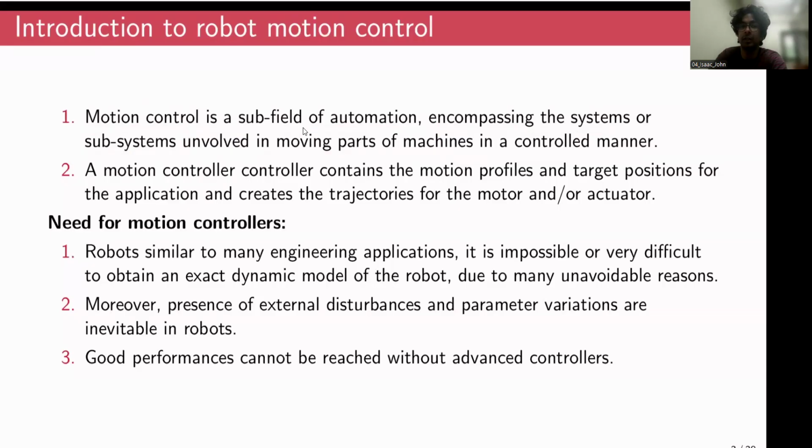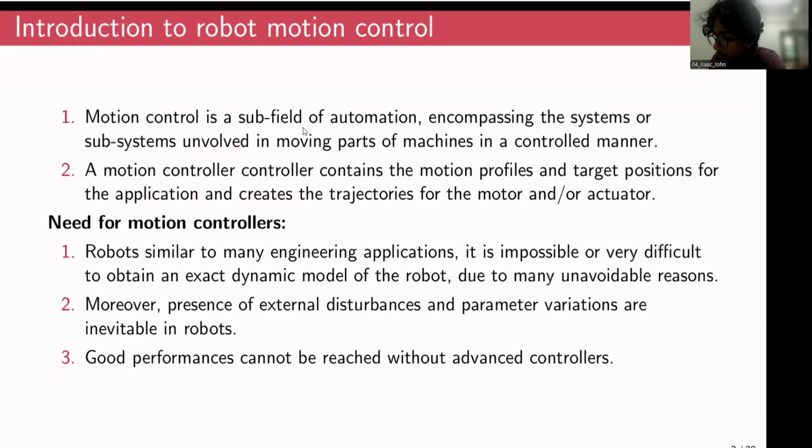The easiest thing that you can think about is the manipulator itself, comprising of several moving parts or links connected by joints. And then we would require these rigid bodies or this multi-rigid body system to move in a controlled manner,